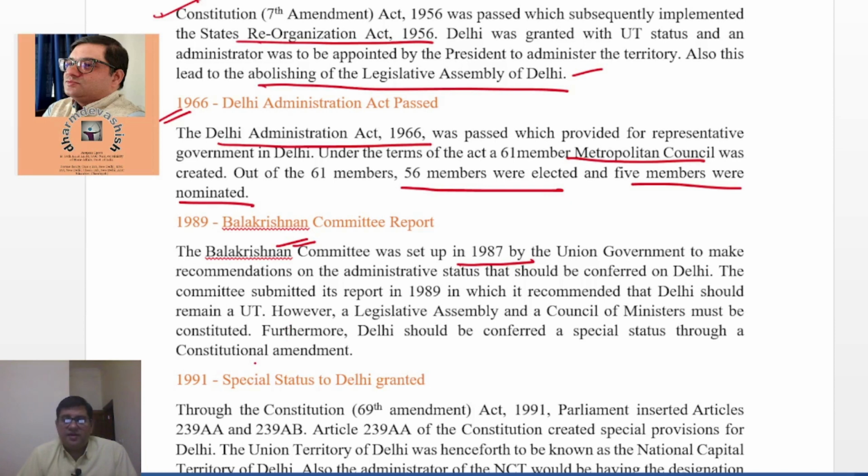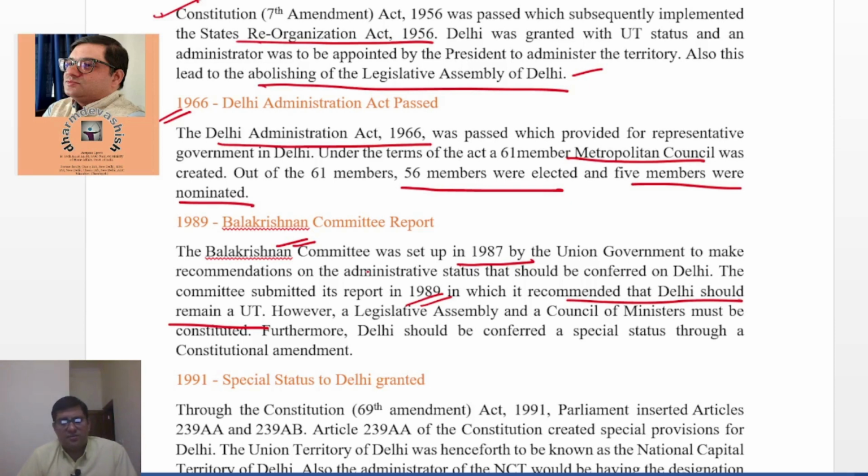The committee submitted its report in the year 1989, and it recommended that Delhi should remain a UT. The status of Delhi therefore should not be changed. It should remain a UT, and they gave their own set of reasons and rationales for maintaining the status quo in this regard. Not altering the UT status was one of them, and one of the prime reasons being that Delhi is a sensitive area,